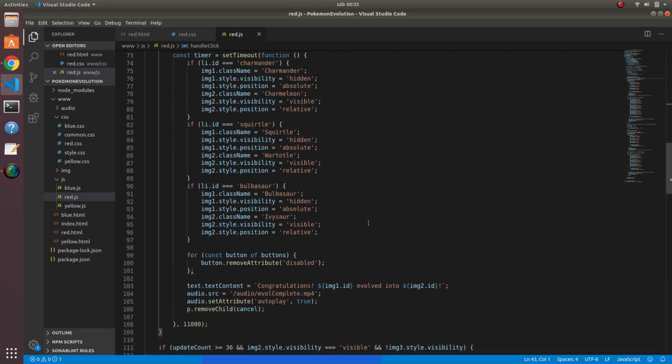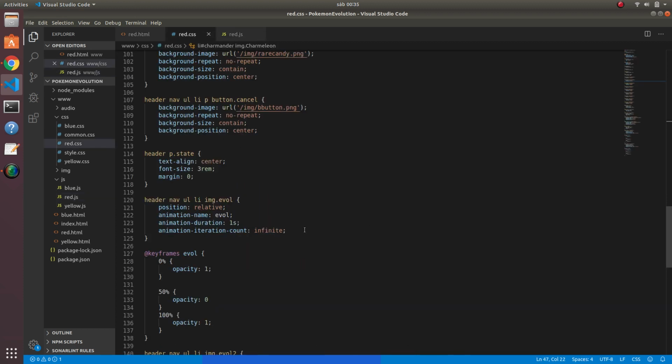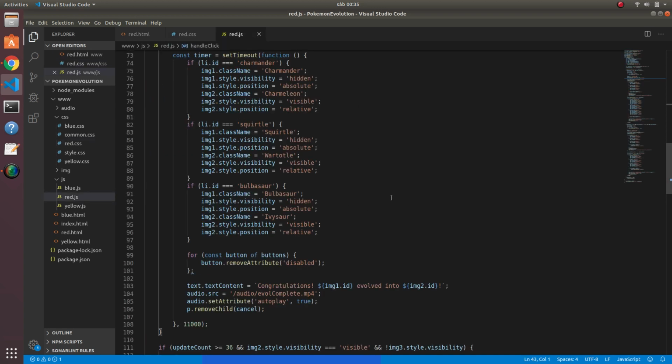But if you don't push the B button, I have a set timeout function, because as I said before, the animation is infinite. The animation is going to be running all the time, but I don't want it to be infinite, because obviously I want it to end. I want my Pokemon to evolve. So I decided to use a set timeout, and